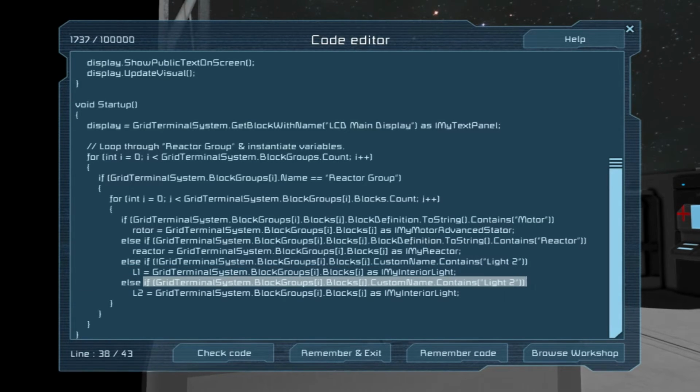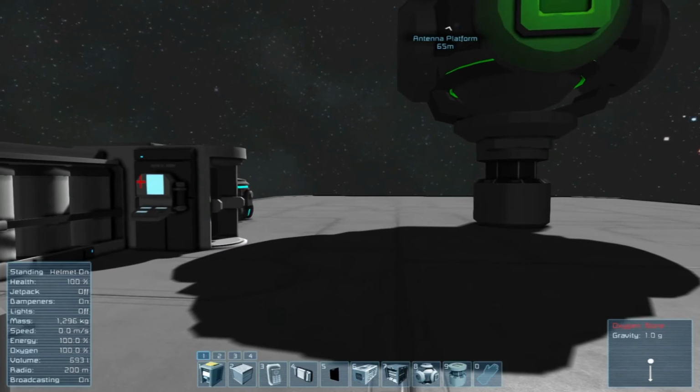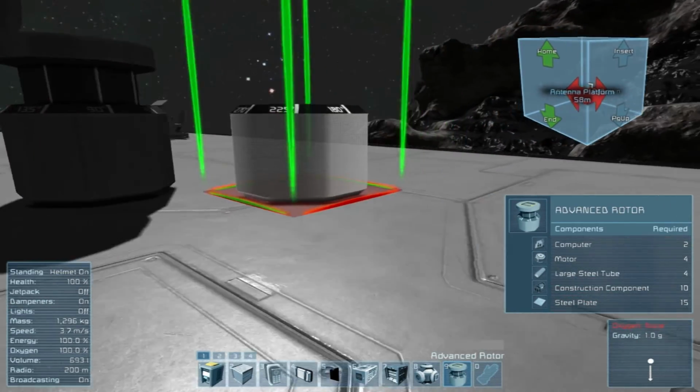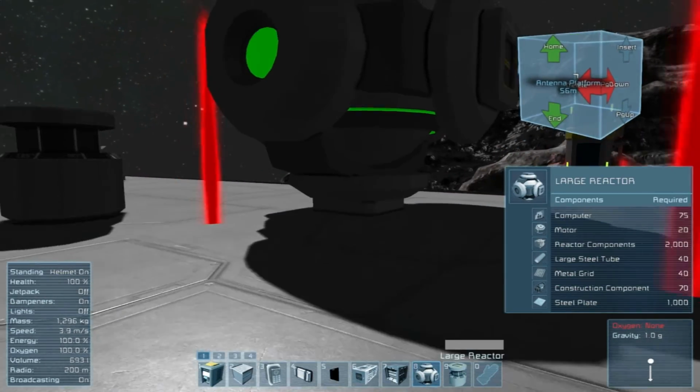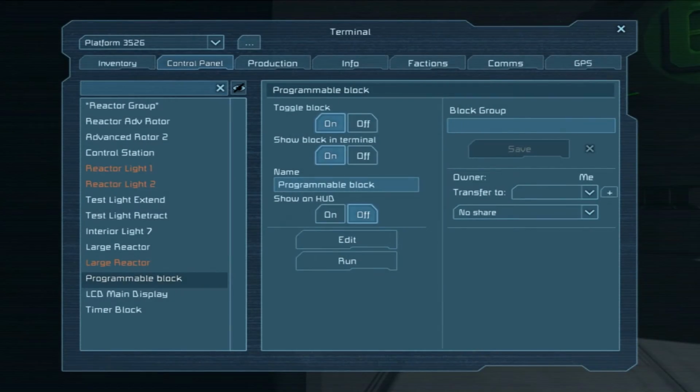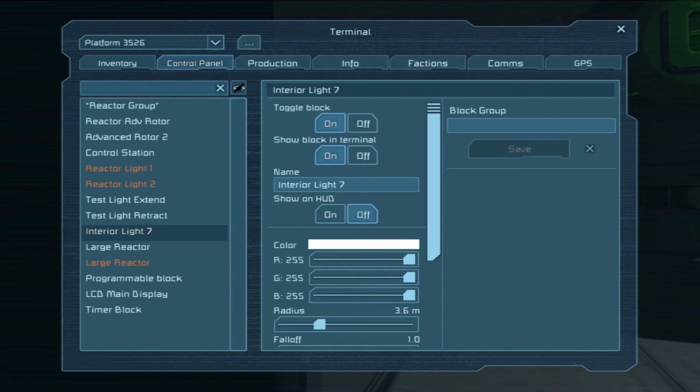And if it does contain light 2, then it's the second light. Pretty simple. The only caveat to this that I want to try is placing down an unedited rotor, reactor, and light. The reason for this is I want to check what it defaults the names to. Okay, so light does have a capital L, so we could still use it.